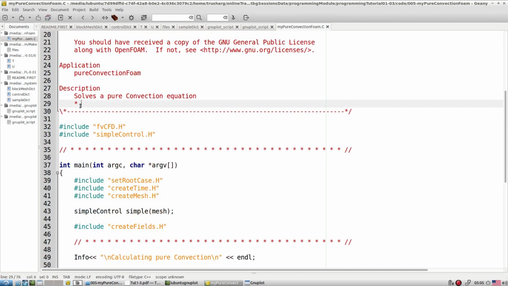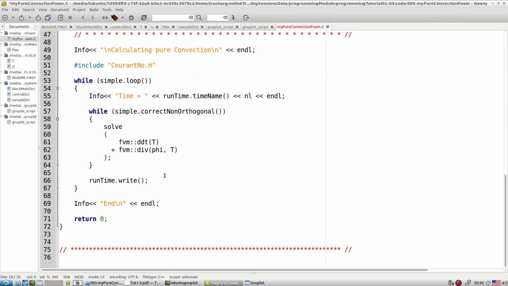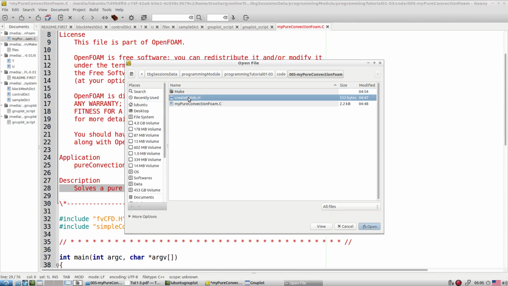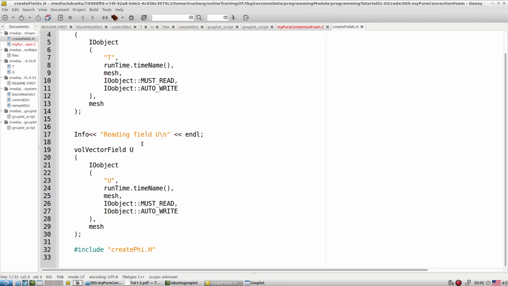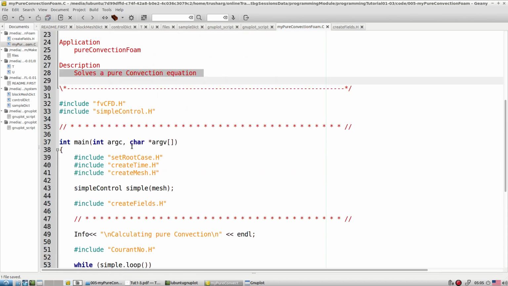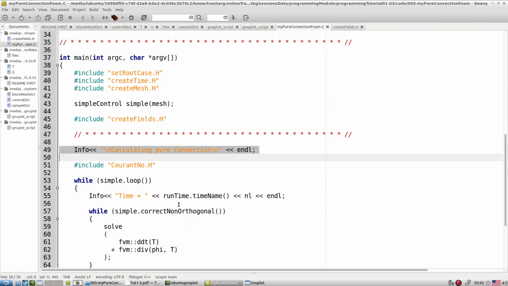Always try to give some description about that particular solver for later use. Also check the createFields file, and whatever field is not required, delete or comment that part. Whatever line you think is not necessary inside your solver, clean it.